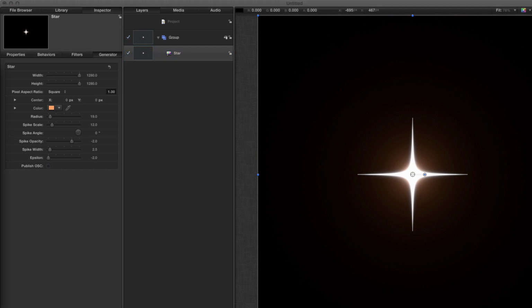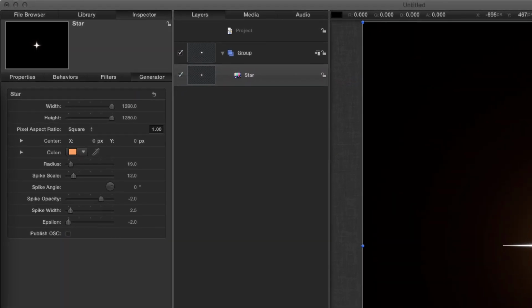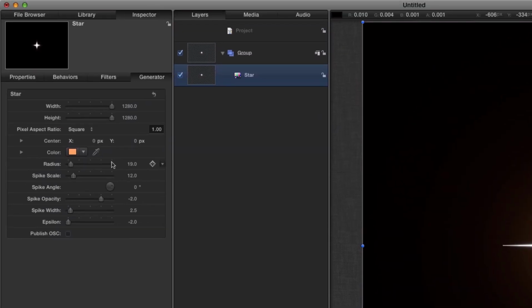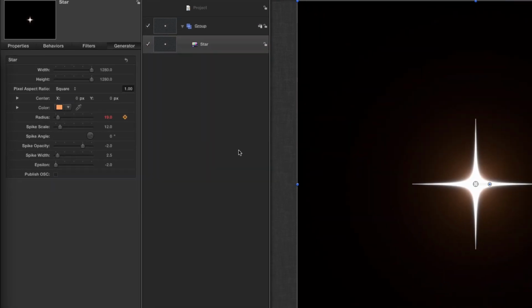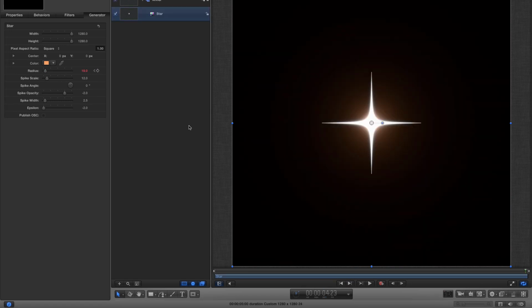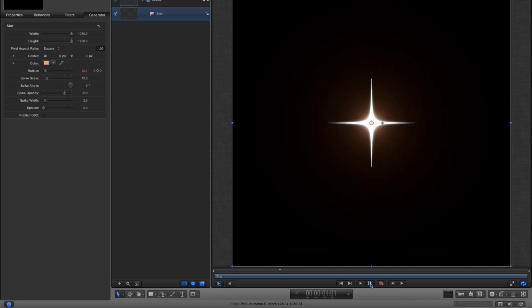Let's come to its inspector properties. What I want to do is animate the radius. So I'm going to come to frame 12, type it in, and I'm going to set a keyframe for the radius. And I'm going to leave that at 19. I'm going to come to the start of the project, bring that down to 0, come to the end of the project, also bring that down to 0. So that's just